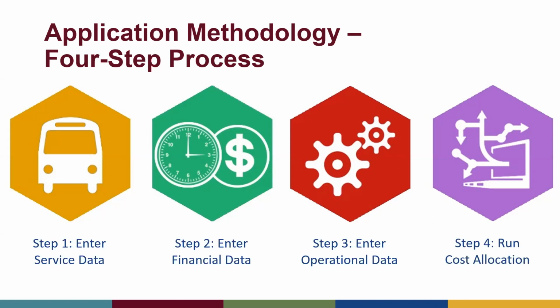First, you enter your what we call service data. So this is what is the name of the route, what is the service area for it, is it directly operated service, is it purchased transportation service, 6 basic fields for each route or service that you have as part of your service portfolio. Then in step 2, you enter financial data, and this is based on USOA accounting codes,